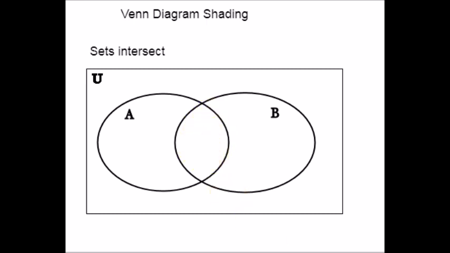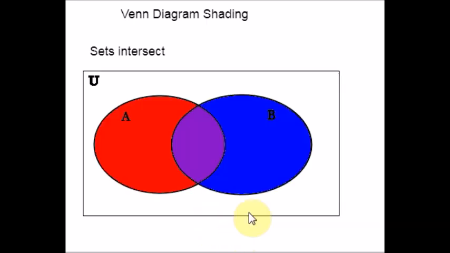When we don't know anything about the sets we are working with, we always draw them as though they overlap. So now we will shade some areas in different colors for a moment to help us explain why. I'm going to show you the next diagram. We will be shading the set A in red and set B in blue. This purple shade indicates where both red and blue have been shaded. This is the region where these two sets overlap, the intersection region.